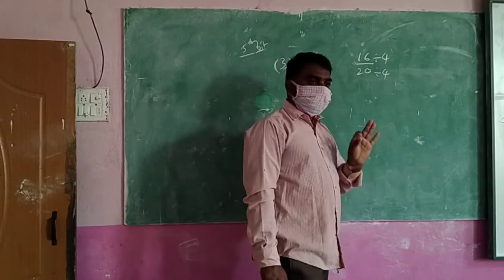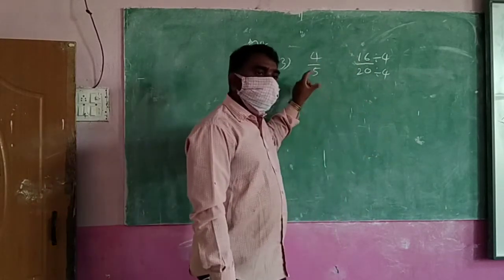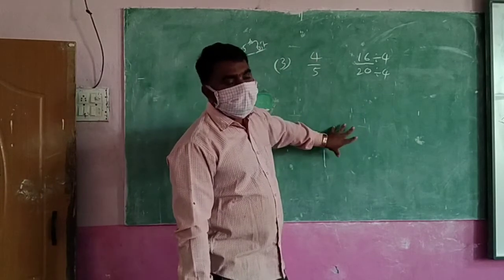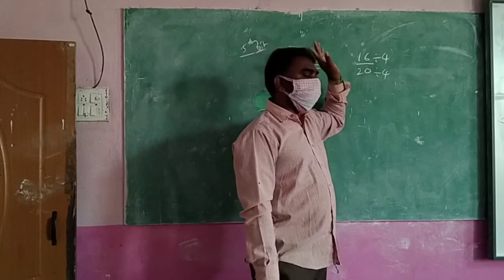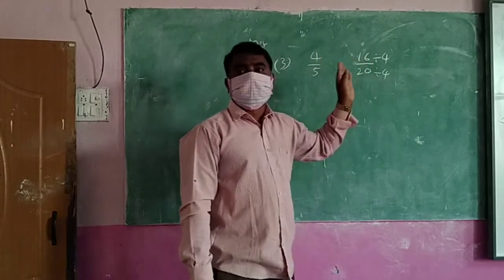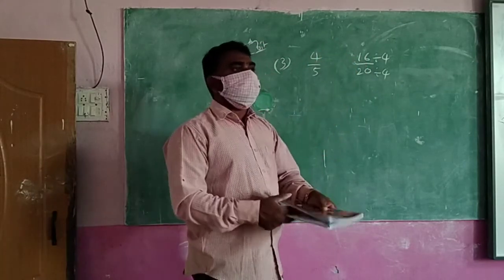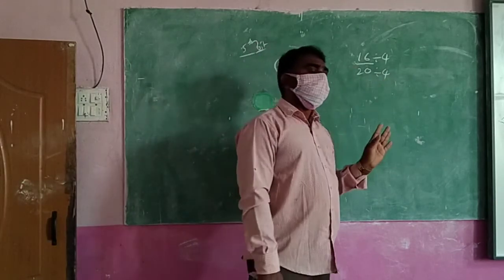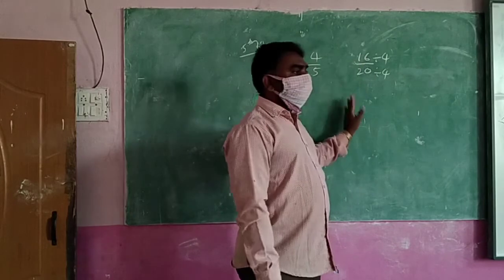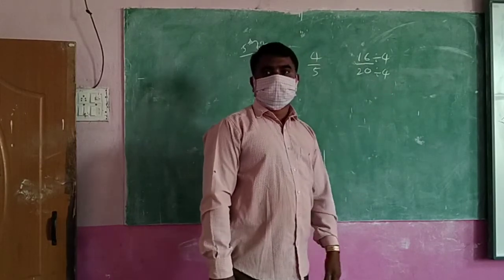Remember that. In fraction, if any fraction is there, you can change that fraction into other. How? By multiplying or by dividing. So in this particular problem, which are equal or not to check, you use dividing only. By dividing you change it. Then finally you check it. Divide it.